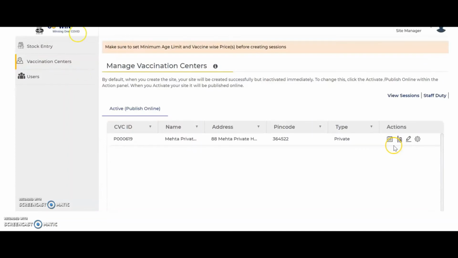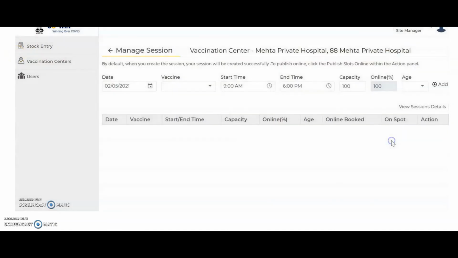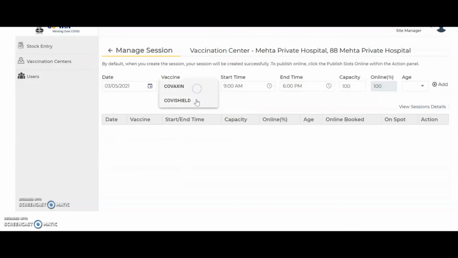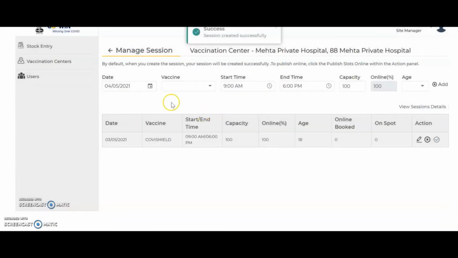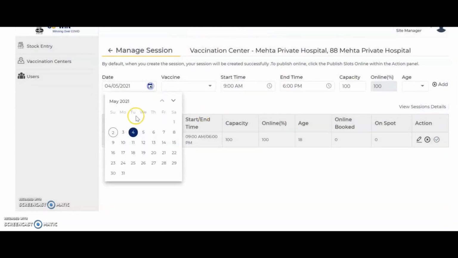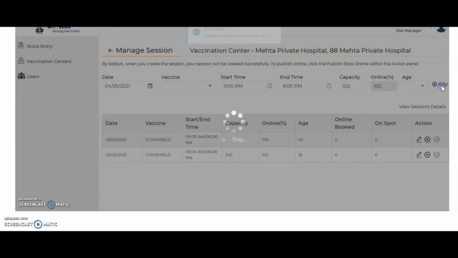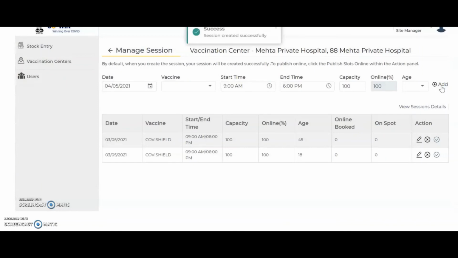So when CVC manager presses on the manage session icon, they can select the date, they can select the vaccine and specify the age group 18 plus or 45 plus, add the session, and on the same day, like 3rd of May here, with same vaccine Covishield for different age group, another session may be added. And then we can publish these sessions.